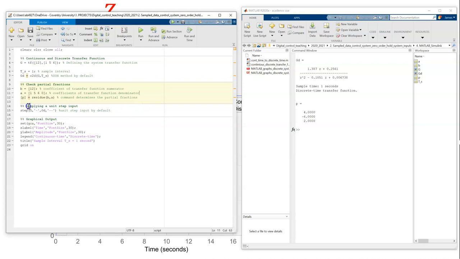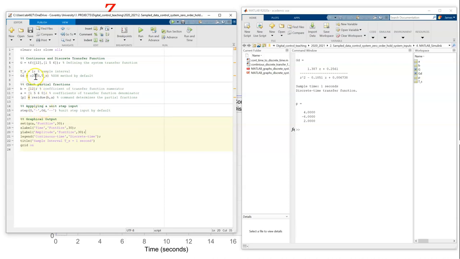So what I'm going to do then here is apply a step input. Okay, I should say unit step input, because by default, whenever you put step like that, MATLAB automatically assumes that you mean a unit step input by default. So I'm going to apply a unit step input to g, so this continuous transfer function here, comma, and then here I've just put a dash, so that's just going to give me a continuous signal, comma,